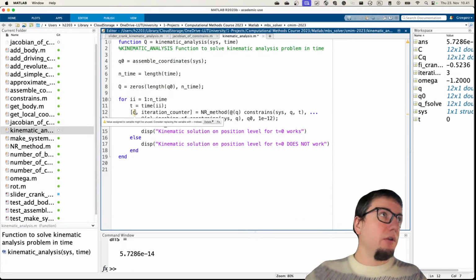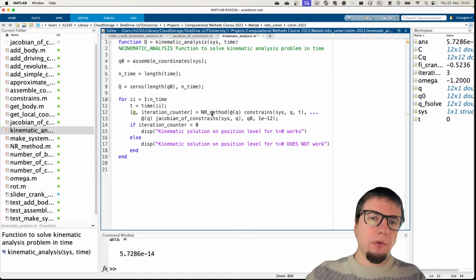So we want to get Q from the Newton-Raphson method, where t is from here, the Jacobian system is provided,